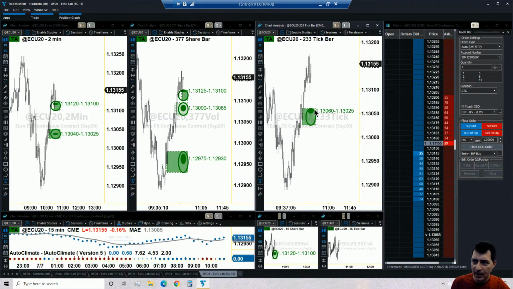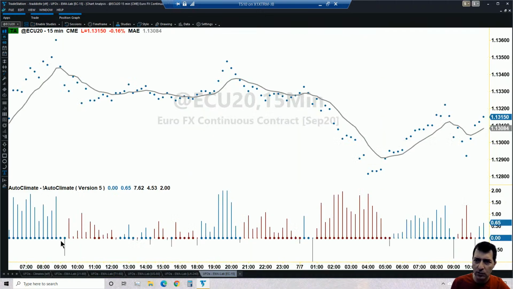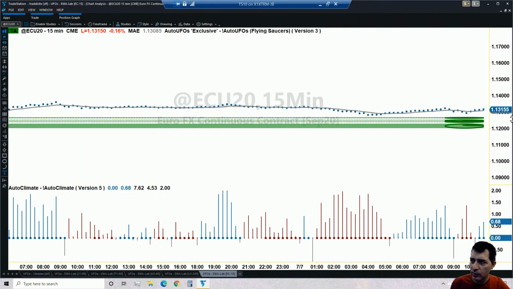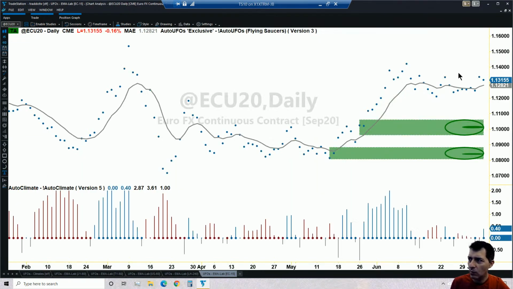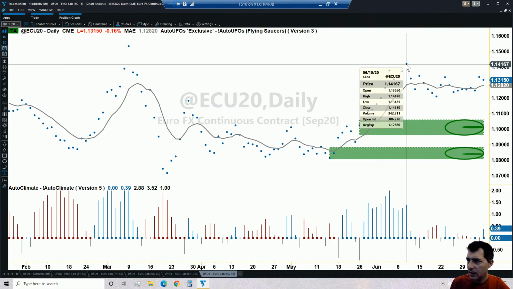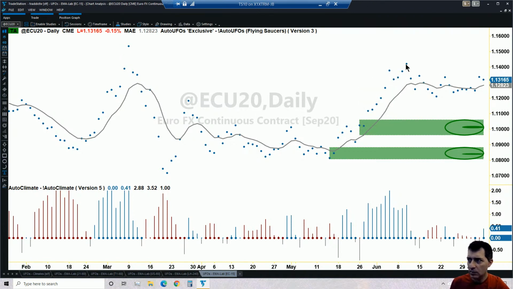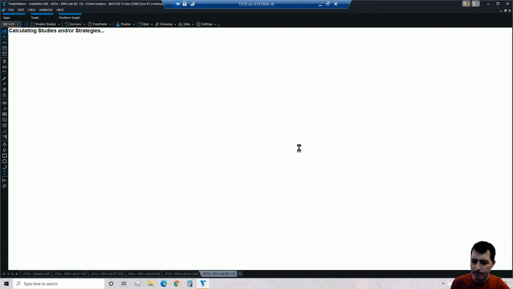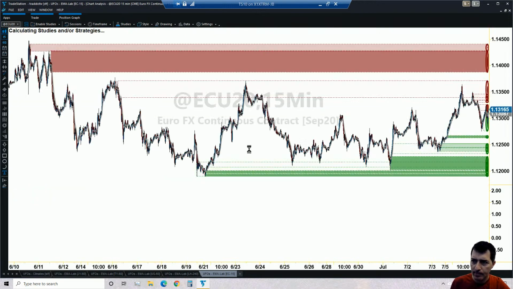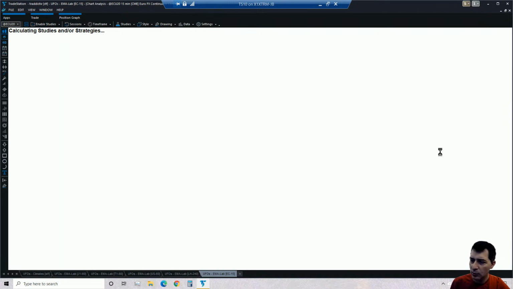Before I do that, I want to also look at the target. So 15-minute time frame, turn on the UFO. Looking for red UFOs. Ooh, no red UFOs. Interesting. So let's take a look at the daily time frame to see when was the last time that we saw price so high. And we are talking about June. So let's load data all the way to June. So 15-minute time frame, loading data starting June 1st, 2020. And let's see where those red UFOs are.